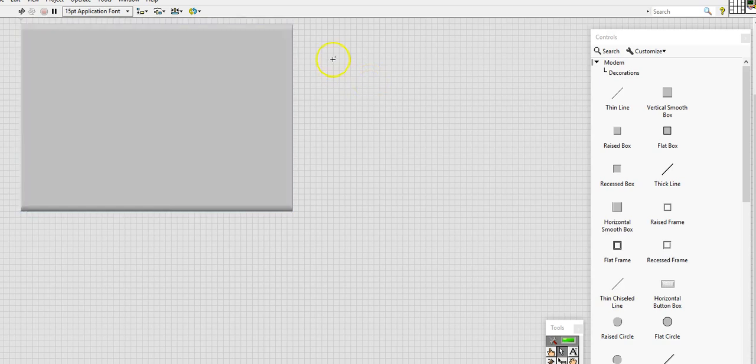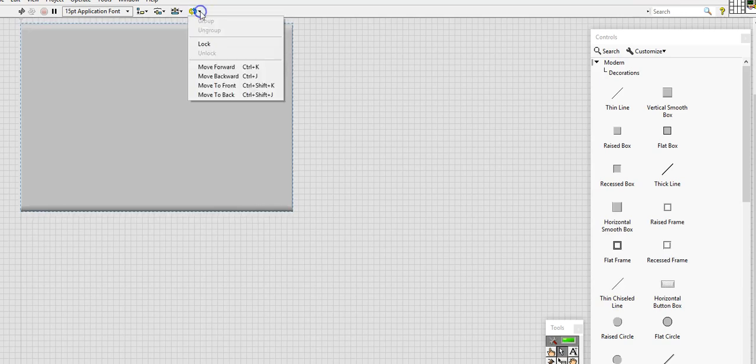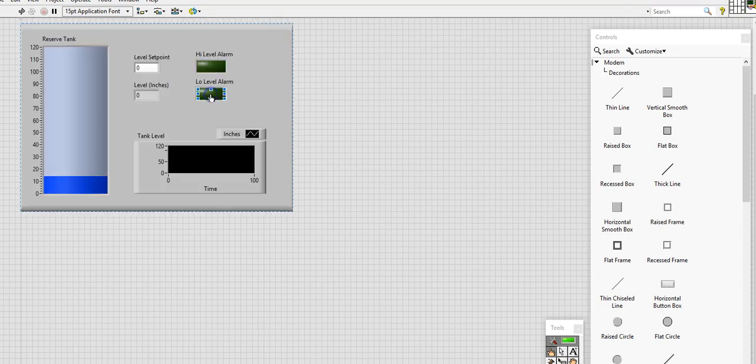So what I have to do is I have to mouse click to select the decoration that I just created, and I have to move it to the background. And I do that by, while it's highlighted, if I hover over this option referred to as reorder, I can drop down, and I want to select move to back. And if I select move to back, what it's done is taken that decoration that I created and moved it